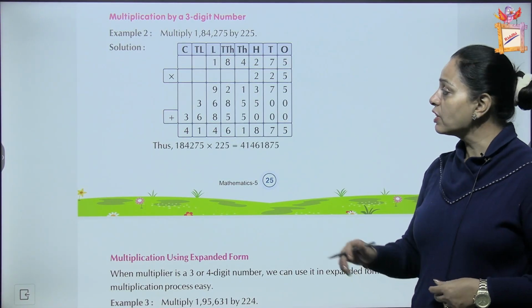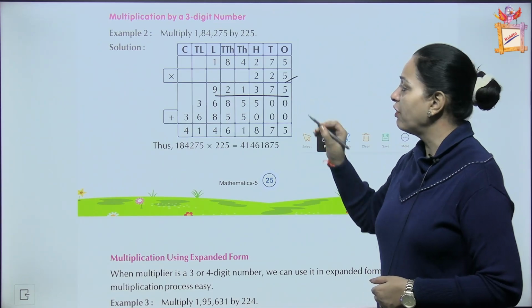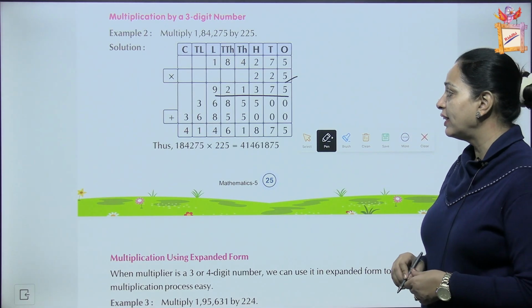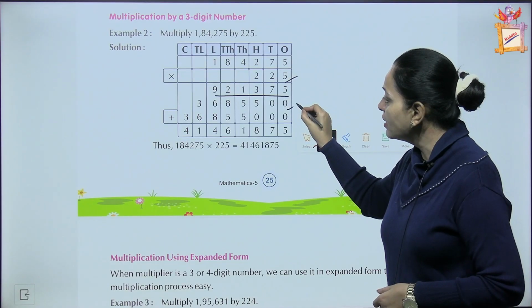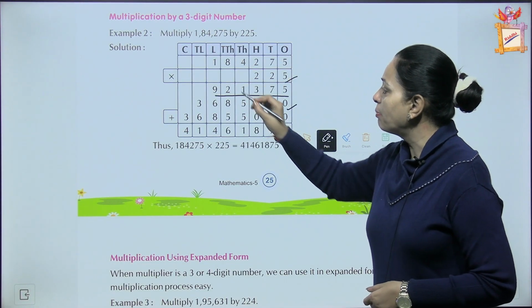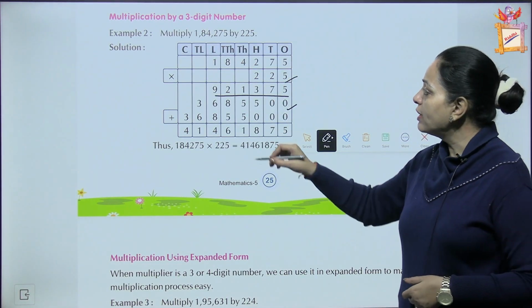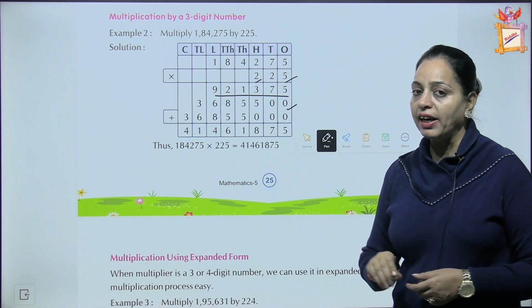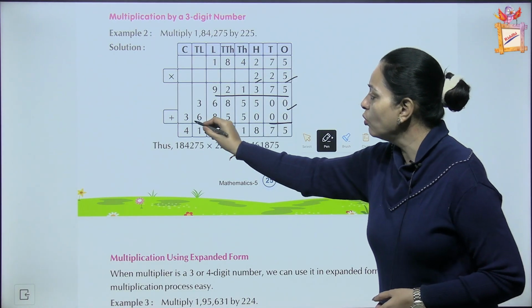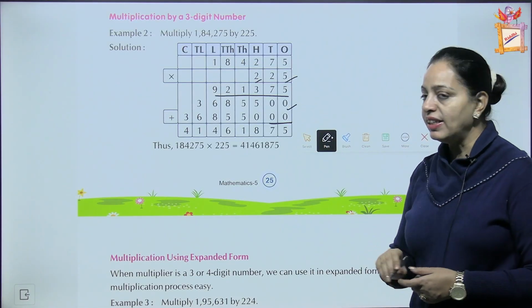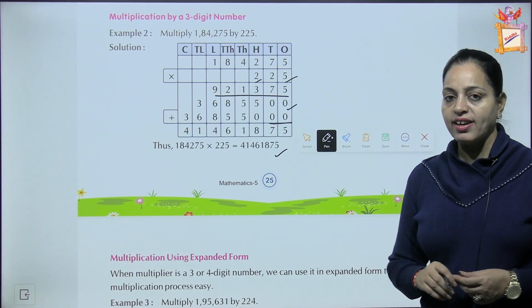So what to do? First multiply by 1's digit, यानी 5 से multiply करेंगे, we will get this. अब हम multiply करेंगे 10th digit से, so we will write here 1 0. Now multiply 2 से कर देंगे. Now multiply by 2 this 100 digit. So write here 2 zeros. Now multiply by 2. So now what to do? Add these. So this is the answer.